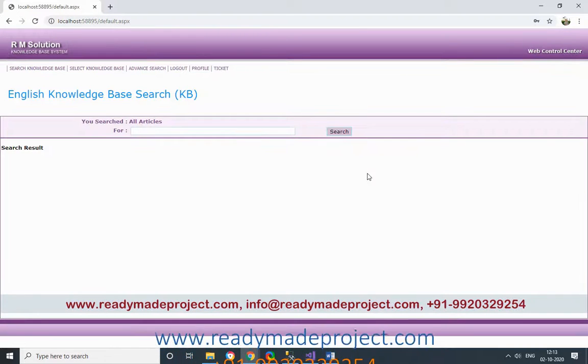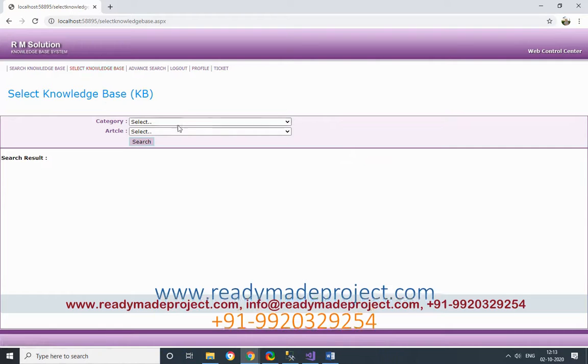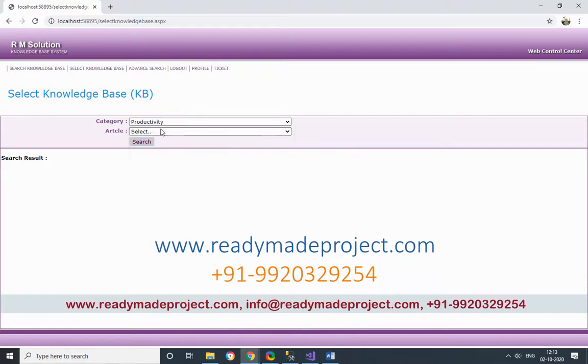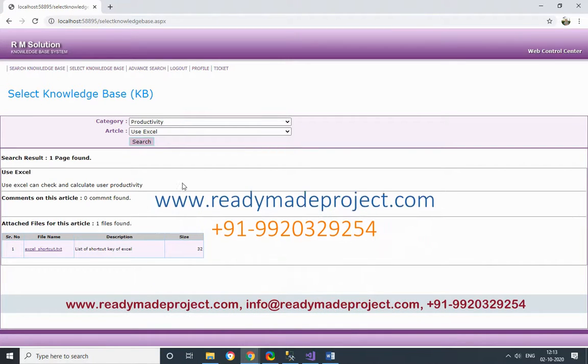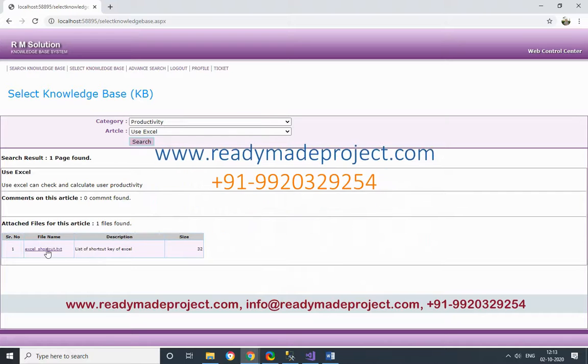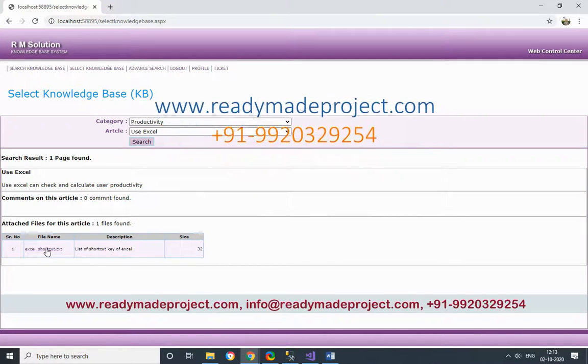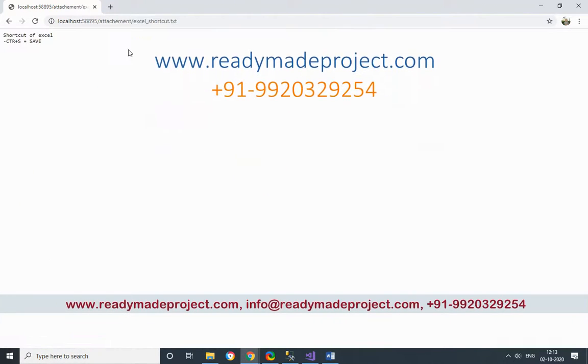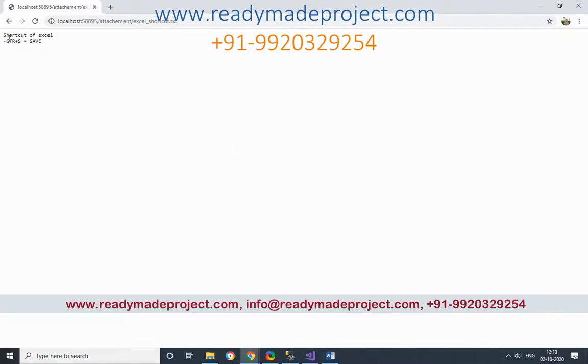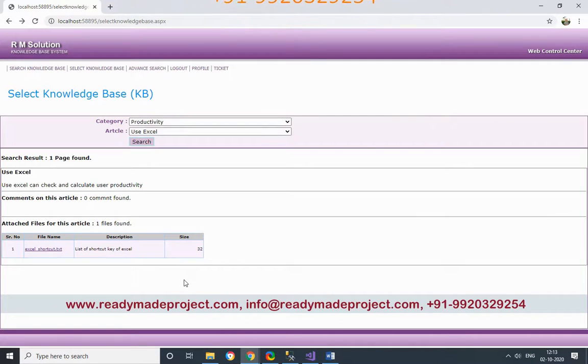Login. Now I can check that productivity we have uploaded, the Excel shortcut file. So it will show Excel shortcut.txt. So whatever is there, you can check, or you can upload any type of file, PDF, GIF, whatever you want. Now there is a ticket column.